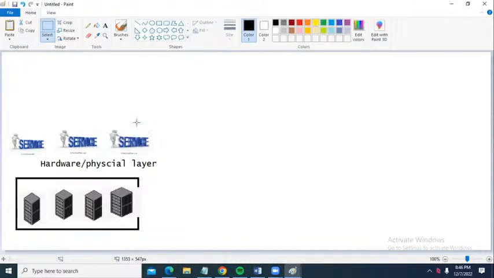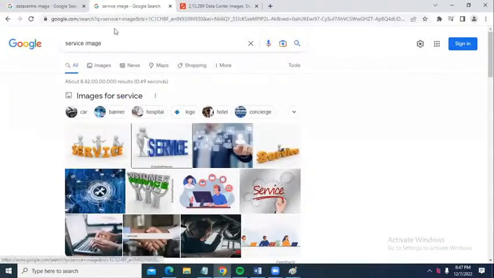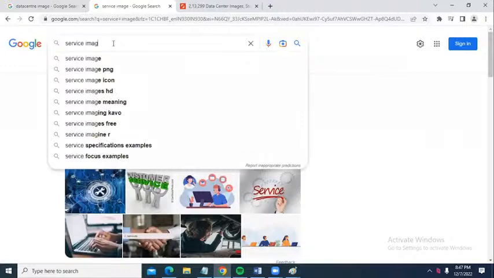This is a service. That means if you want to create a virtual machine, there is a service called IaaS, infrastructure as a service. For cloud service providers, it is a service. For us, it is a resource. That means by using services, we are going to create resources. What is meant by resource actually?